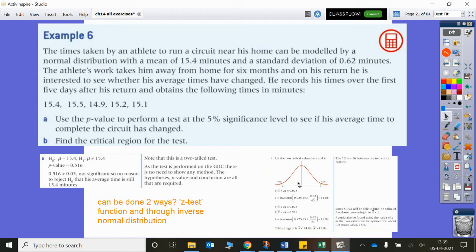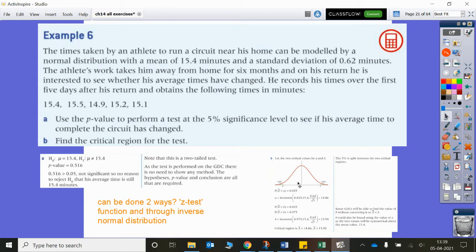Maybe they got better due to his different training regime. Maybe they got worse. He records his times over the first 5 days after his return and obtains the following times in minutes. Okay, so we've got 15.4, 15.5, and so on. Use the p-value to perform a test at the 5% significance level